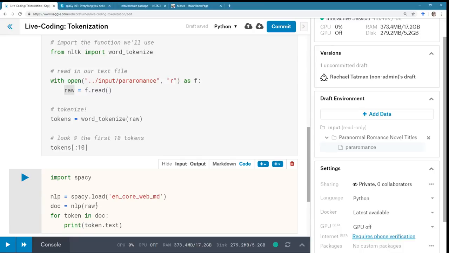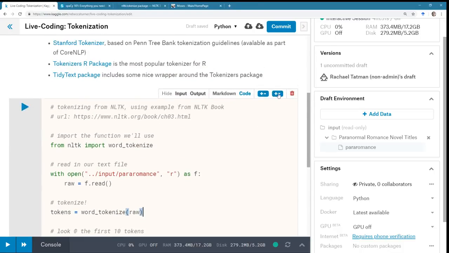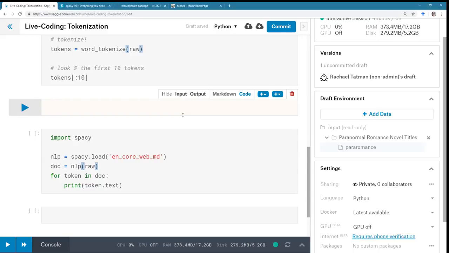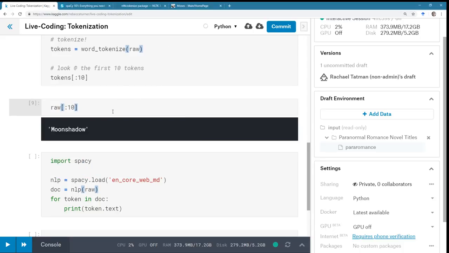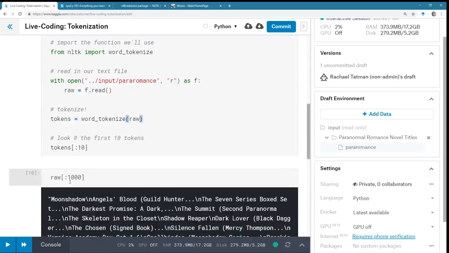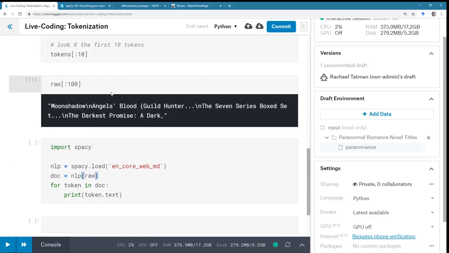I actually only want the first 10 words. So can I just slice a string? Oh, I have to do it by characters. What if I do 1,000? That's too many. What if I do 100? Yeah, that looks good. Okay. So that way I'm not doing the whole big old text file.